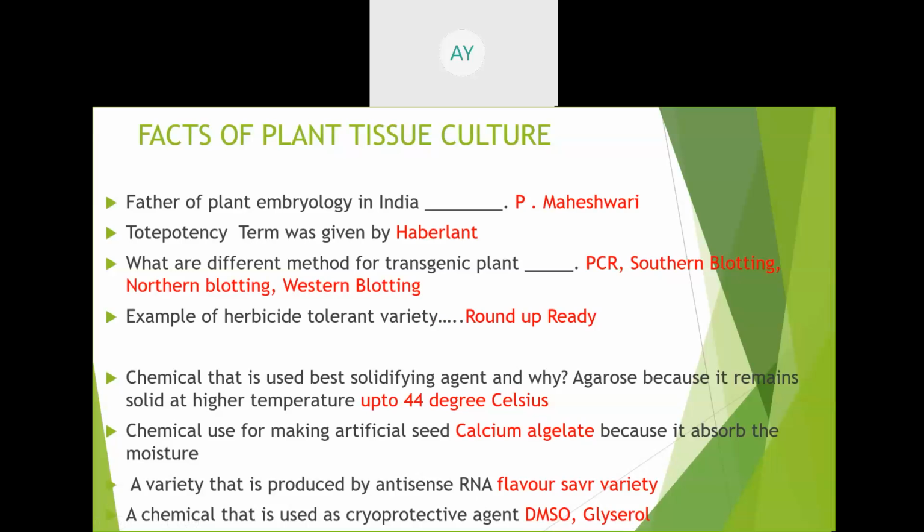If you put any plant cell at -196 degrees Celsius, then there is a formation of ice crystal because water is present inside the plant cell. If there is a formation of ice, then the volume of that ice is more than the same amount of water that is already present in the plant cell. So it will rupture the plant cell and the plant cell becomes dead. Okay, that's why we use dimethyl sulfoxide or glycerol or mannitol or sorbitol. So that is the advantage of using cryoprotective agent, जो कि हम दिखा भी चुके हैं।